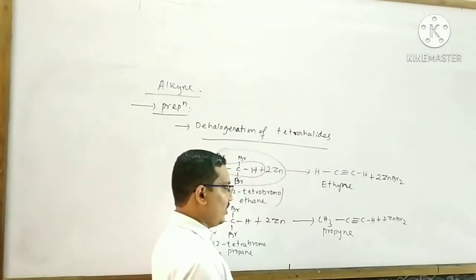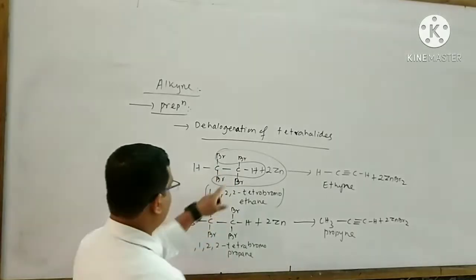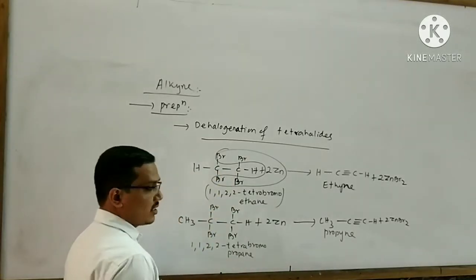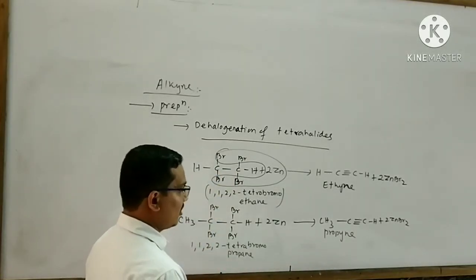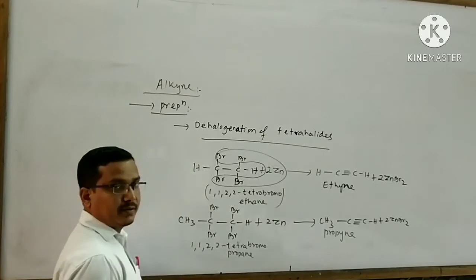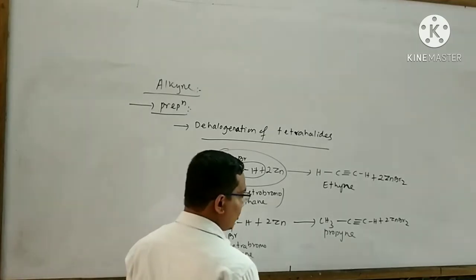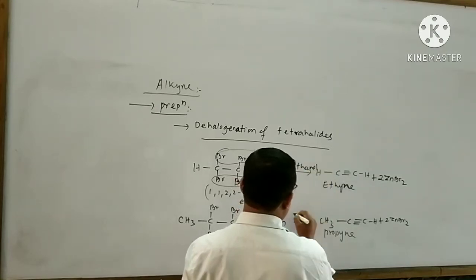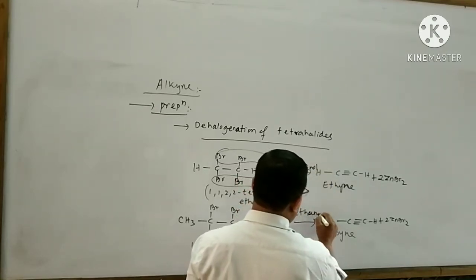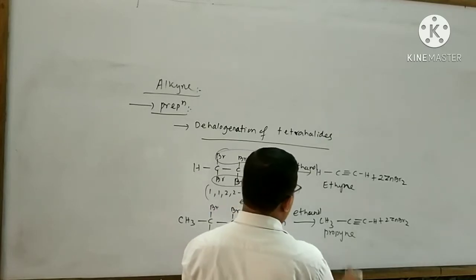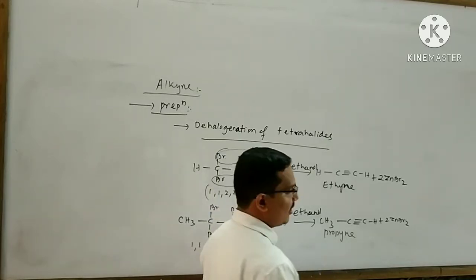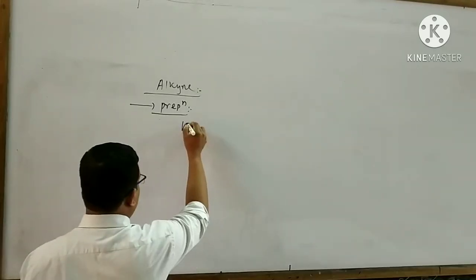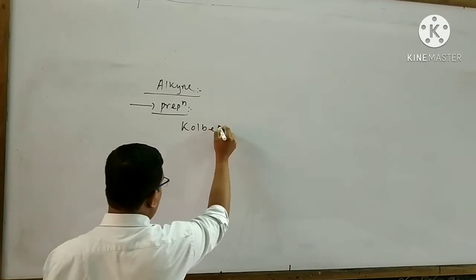tetrahalides in which the 4 halogen atoms are attached to adjacent carbon atoms, when treated with zinc dust in the presence of ethanol, then alkyne is yielded. Next I will explain about the Kolbe's